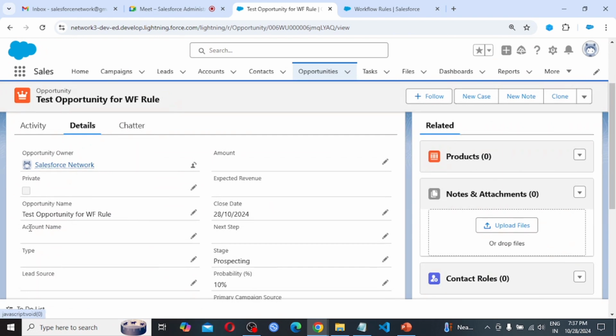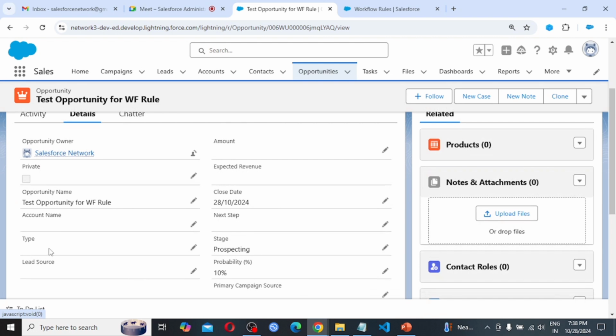Opportunity owner is Salesforce network. Opportunity name what we had provided over there. Test opportunity for workflow rule. So close date is this one, today's we had selected, and stage I had selected prospecting. So in this case we are not seeing the type is getting updated as this record is not meeting the criteria, so the type was not updated.